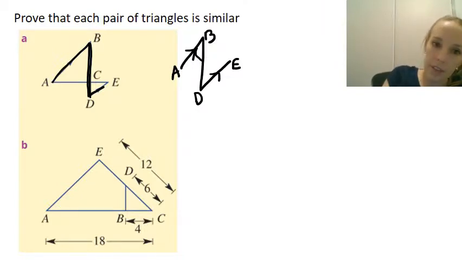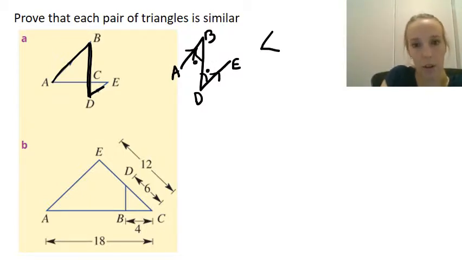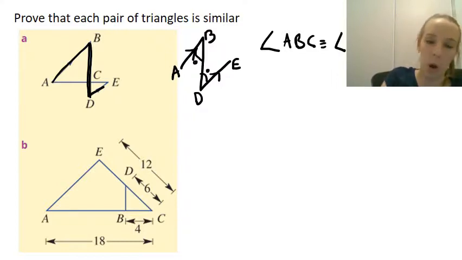So this angle here is going to be equal to this angle here. So we can write that here: our angle ABC is equal to our angle CDE,